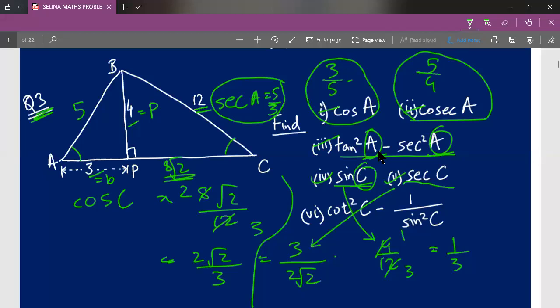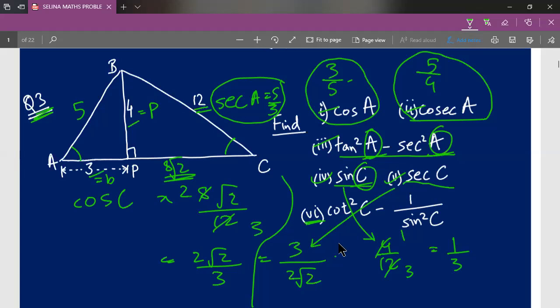Before we move on to our sixth question, I just want to recapture whatever calculations we have done. I know this is a little boring and we have wasted too much time, but I'll go on. Our first question's answer was 3 by 5, cos A. Then came cosecant A, whose answer we calculated as 5 upon 4. Then came our fourth question, whose answer was 4 upon 12, and we simplified it further, which is 1 upon 3. And the fifth question was 3 upon 2 root 2, and the reciprocal of secant C is cos C. So our cos C was 2 root 2 upon 3. And finally we come to our sixth question.